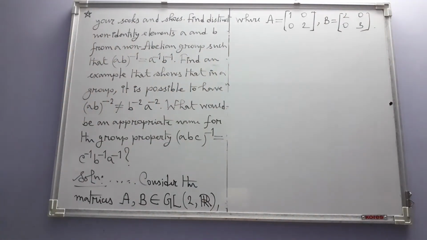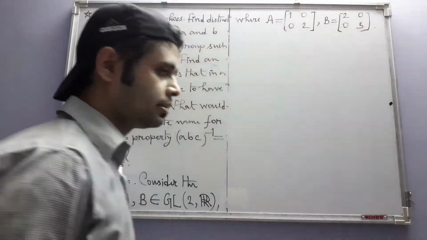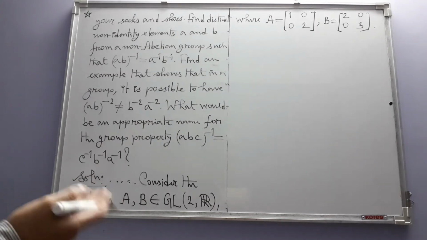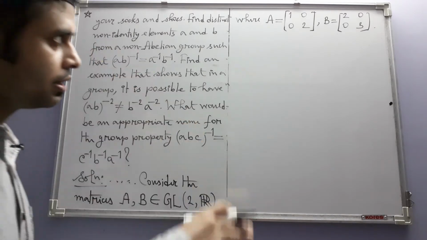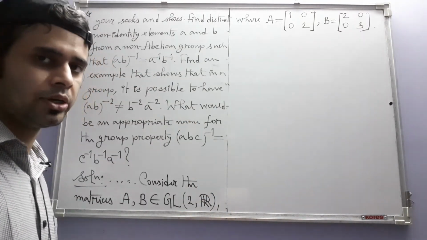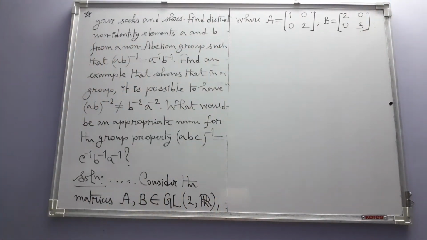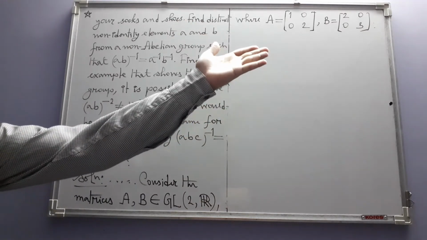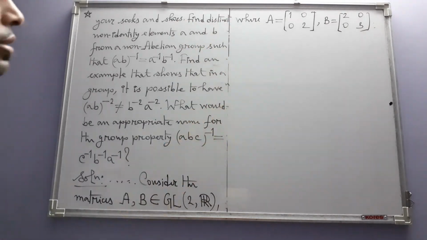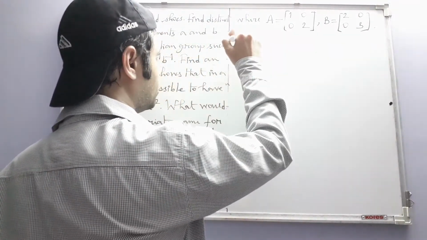We have taken A and B to be the so-called diagonal matrices, that is matrices in which the off-diagonal entries, that is entries in places other than the leading diagonal, are all equal to 0. In the leading diagonals, the entries may or may not be 0, but in the leading diagonal we cannot take 0 entry because we want the determinants to be non-zero. We want these matrices to be non-singular, that is invertible. Then